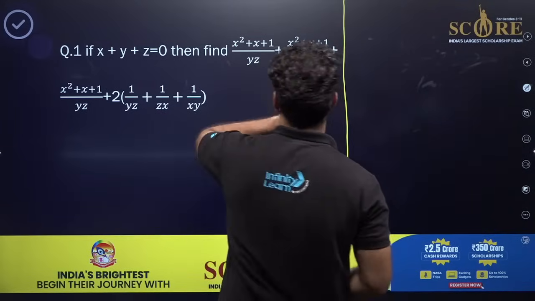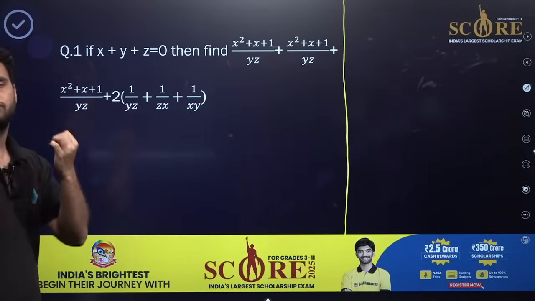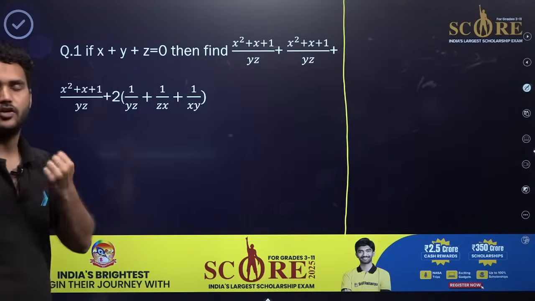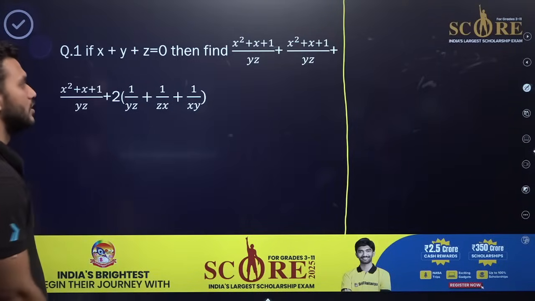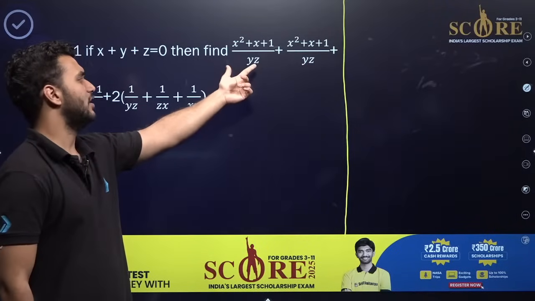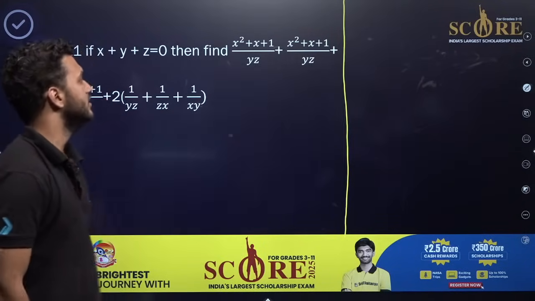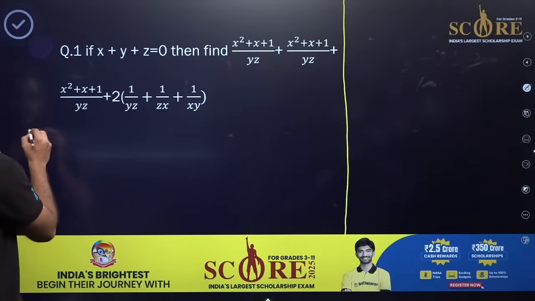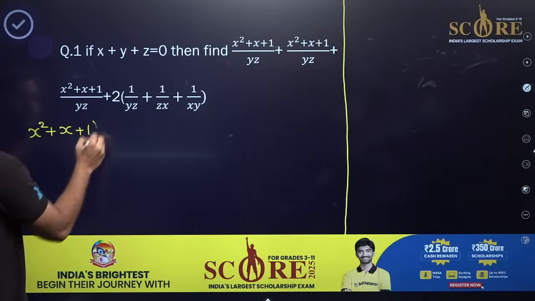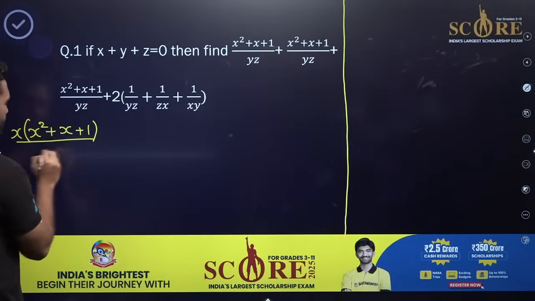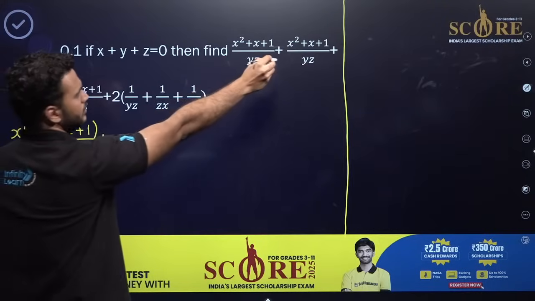Let's start this question. What I'm going to do is make the denominator same, make it a like fraction. So what is needed here? I want to make x, y, z in the denominator. What is needed here? Sir, x. So multiply this part, x square plus x plus 1, with x, and here I will have x, y, z plus, what about this part, x,